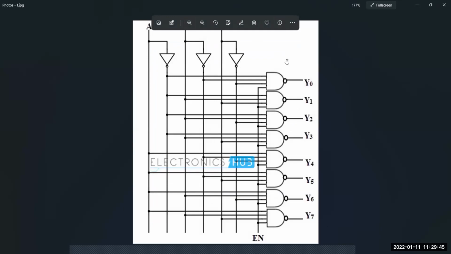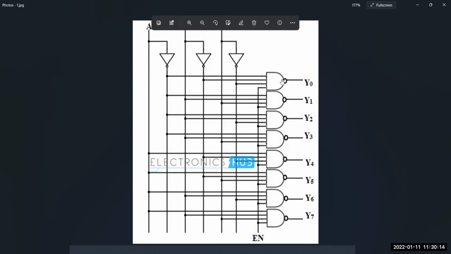So these are the NOT gates, here you can see 1, 2, and 3, and 3-input AND gates. There are 3 inputs, A, B, C, which are decoded into the 8 outputs, and each output corresponds to one of the minterms of the 3 input